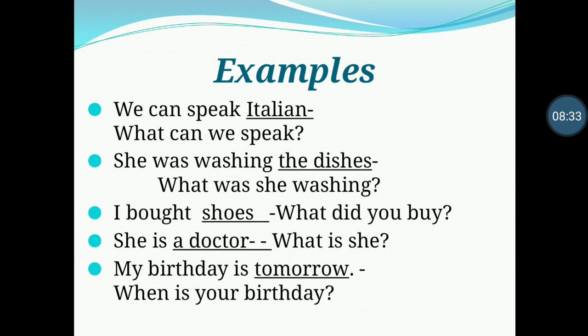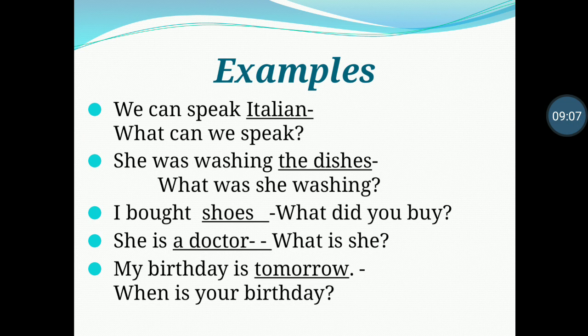The thing is, first we need to find the WH word, and then we need to put the helping verb. In some sentences we may not be given the helping verbs. Suppose we are given only the main verb, we need to split the main verb. If we split the main verb, we will get a helping verb and a main verb. With the help of the helping verb, we can frame